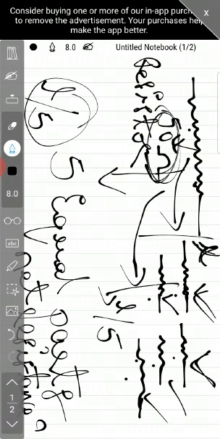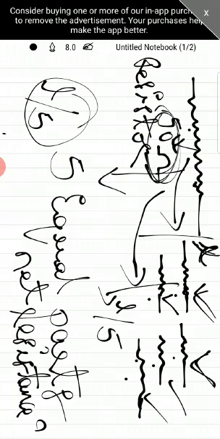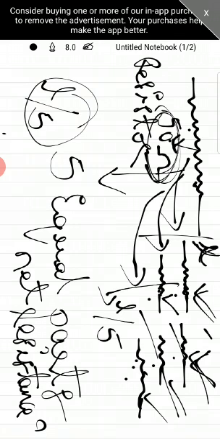So this is the question. Here we have one resistor. Its resistance is 50 ohms. Its length is L. Now it is divided into 5 equal parts. It means each part's length is L by 5. Now all these 5 equal parts, if we join them in series, what will be the net resistance?